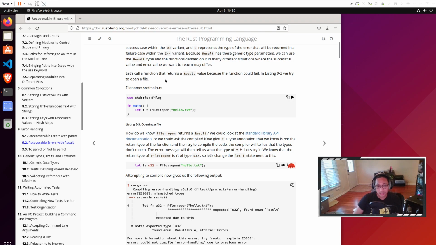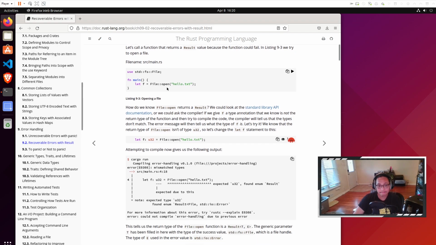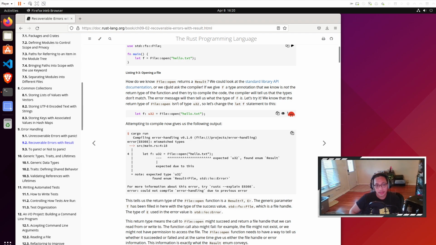Let's call a function that returns a Result value because the function could fail. In Listing 9.3, we try to open a file. How do we know File::open returns a Result? We could look at the standard library API documentation, or we could ask the compiler. If we gave f a type annotation that we know is not the return type of the function, and then we try to compile the code, the compiler